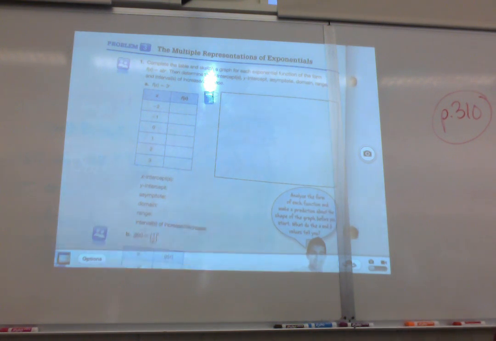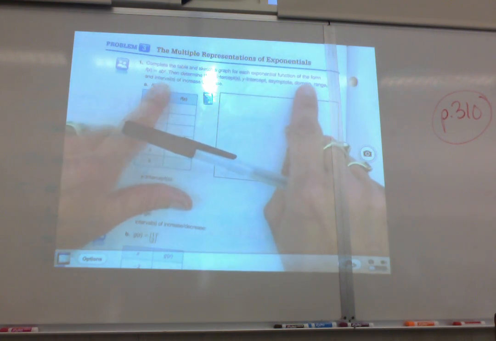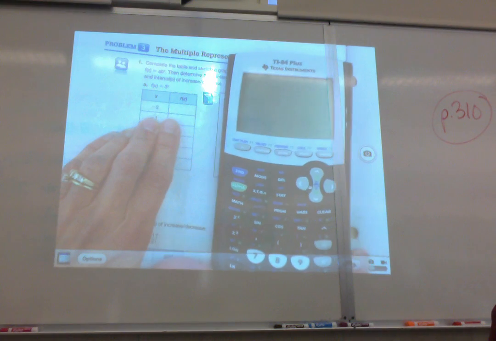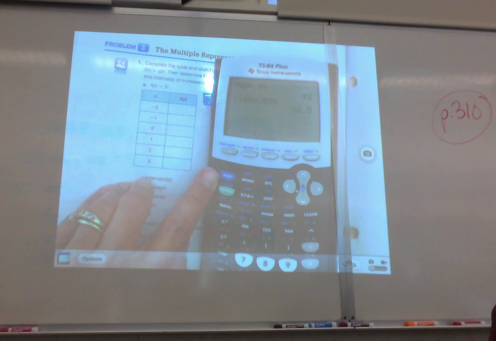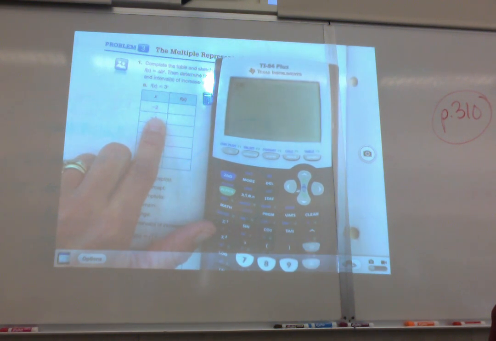All right. Complete the table and sketch the graph for each exponential function. Here we go. First, let's complete the table on clear. For these x's, we want to put them in as an exponent for the 3. 3 raised to the -2 equals,